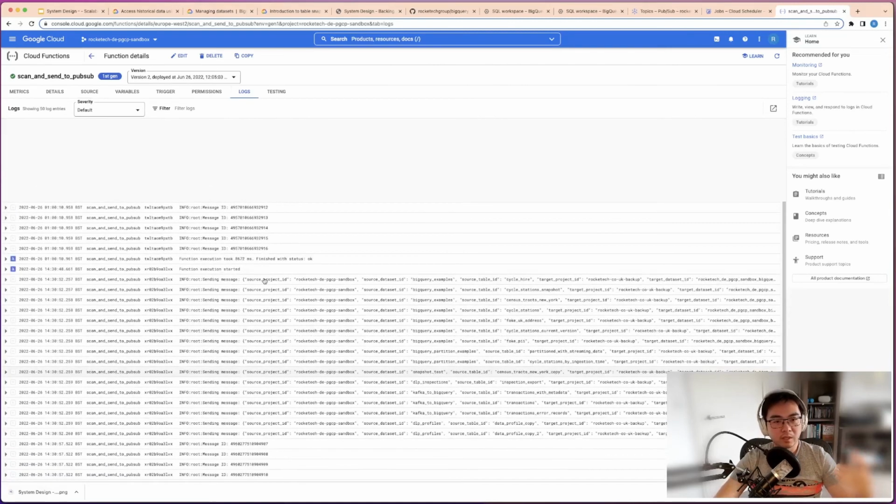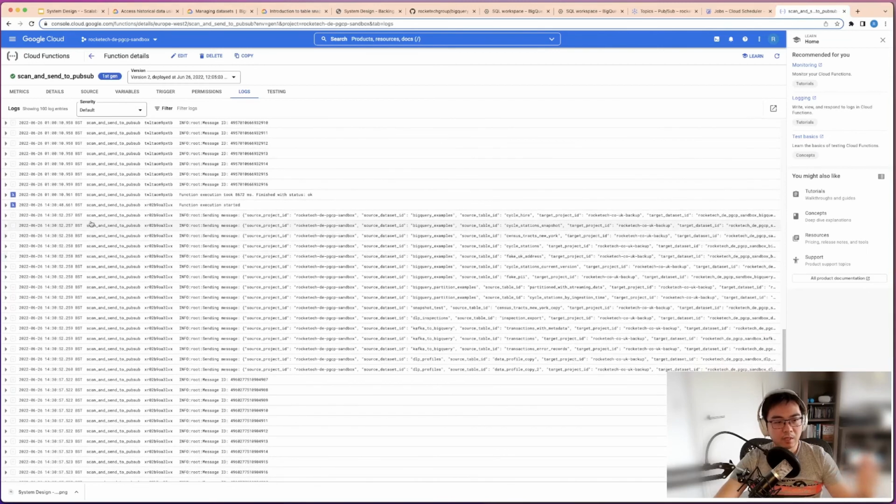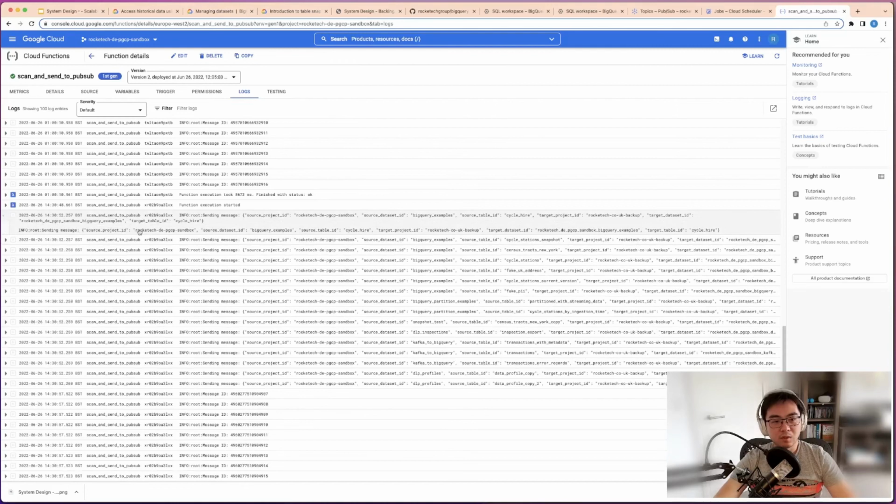So now it's looking at, you see, this was when I was testing in the morning, but this is right now, right? This is triggering all of the scans. It looked through all of the things that need to be backed up, all of the base tables, then it sent this message. See, you've got the project ID, the dataset ID, the table ID, and then the target,